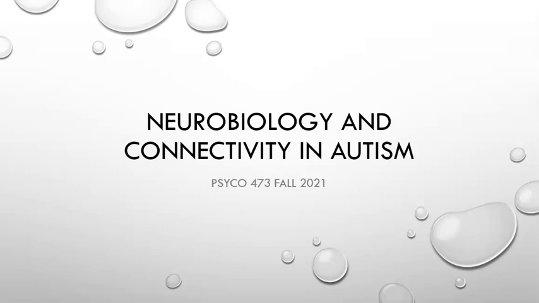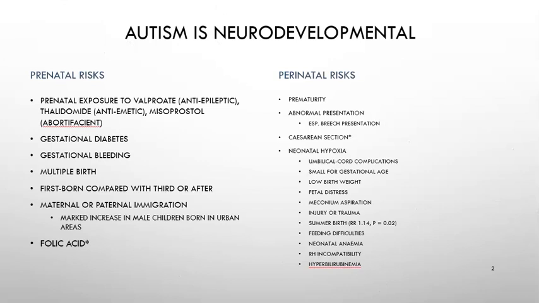So in this PowerPoint, we're going to be talking about neurobiology and the connectivity hypothesis of autism. The connectivity hypothesis is really the main hypothesis that we'll talk about. We'll talk about both overconnectivity and underconnectivity and how that relates to autism. But first, we're going to start by talking about the neurobiology of autism and specifically some of the risks that